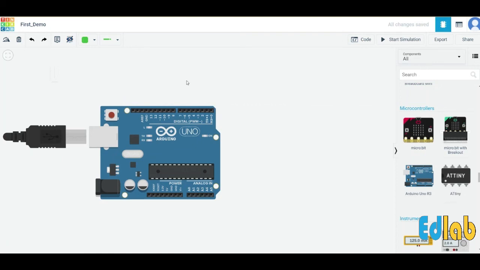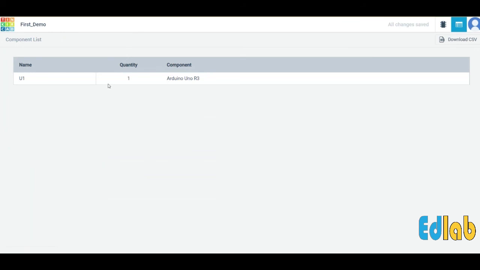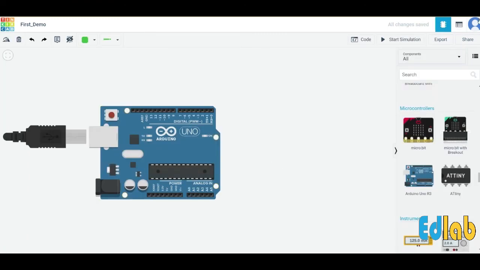Okay, after you create and program the circuits, you can just simulate them and share with the community. This is for the components list. Whatever components you are using for the project, you will have the whole list of the components here, and then you can download them in CSV format for your Excel or Notepad. You can use this. Okay, this is your account profile. You click on account profile. Okay, you can go back to the main page.